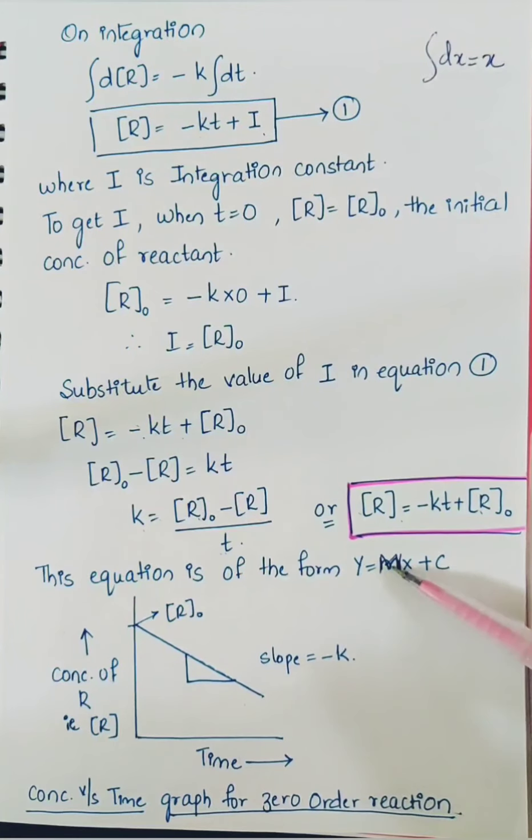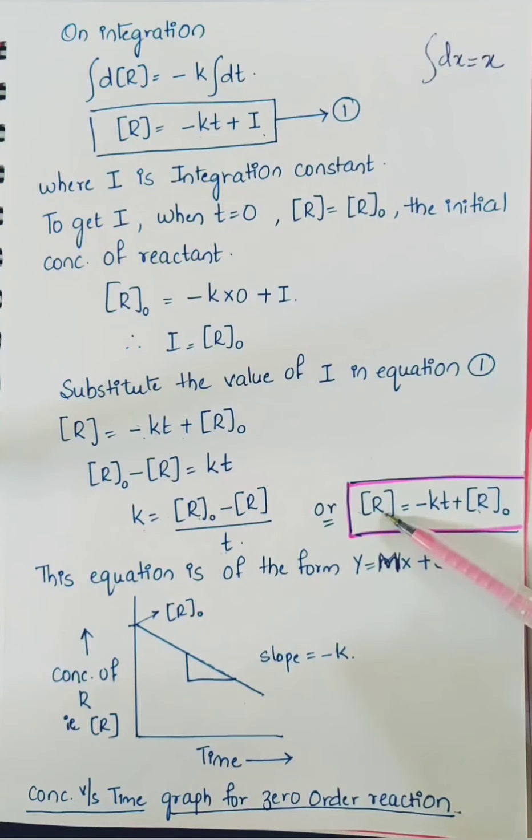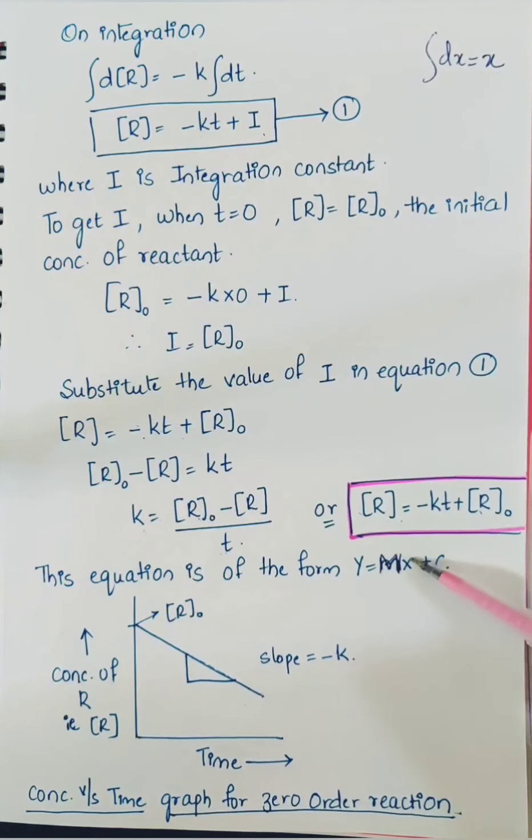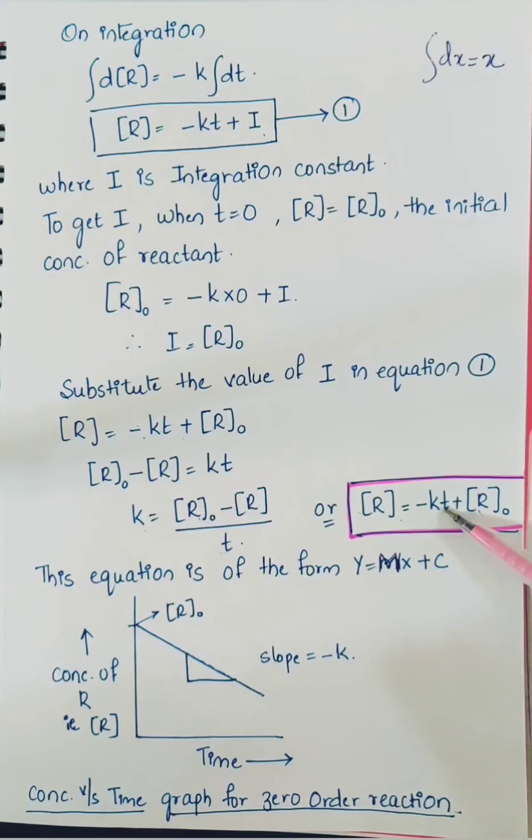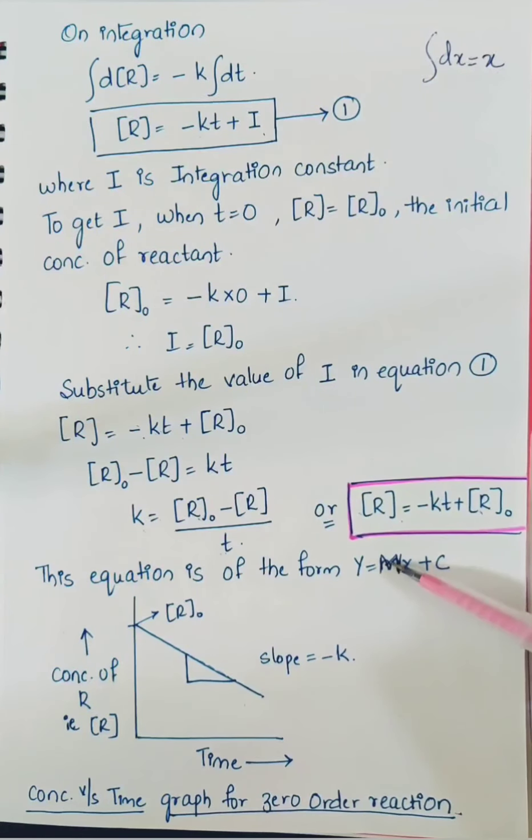Okay. y is equal to mx plus c. y is the concentration of R on the y-axis, and on the x-axis you are taking time t. m is nothing but your slope. Slope you are getting is minus k. It is cutting the y-axis at R naught. So here slope equal to minus k means the slope is negative. Negative in the sense you are not getting an upward straight line, but because the slope here is negative, you are getting a straight line which is moving downwards.